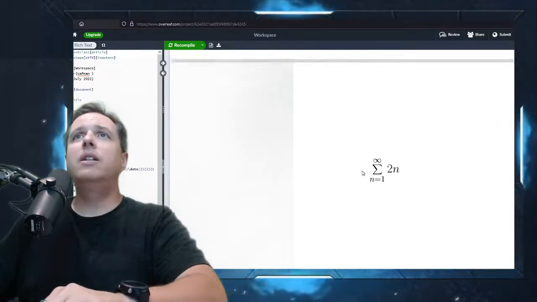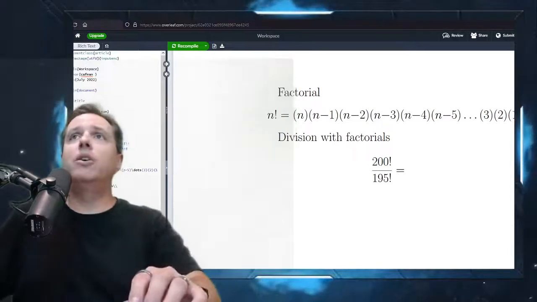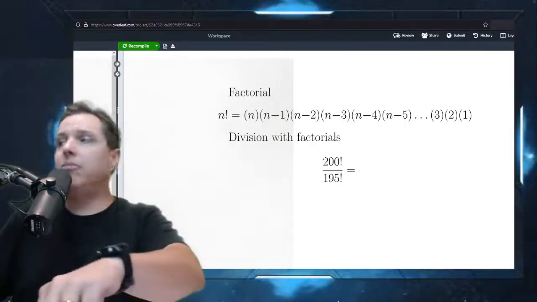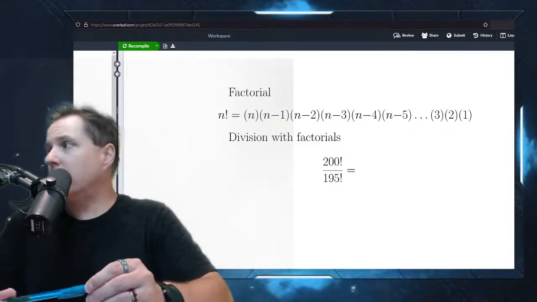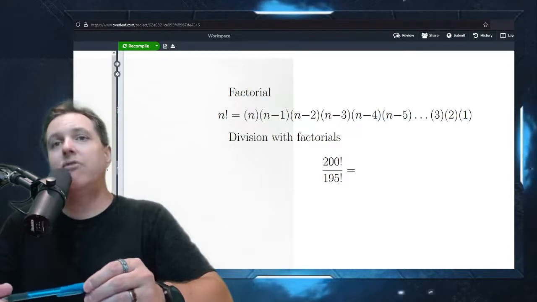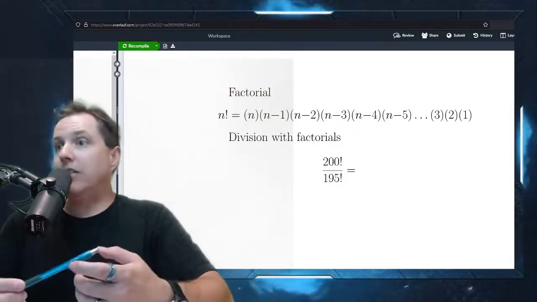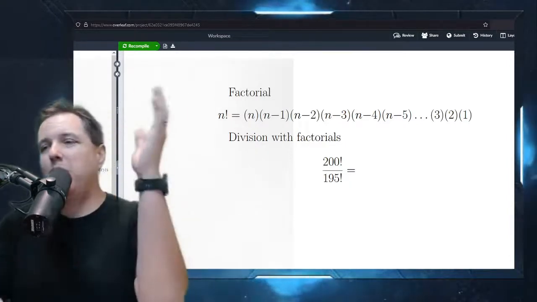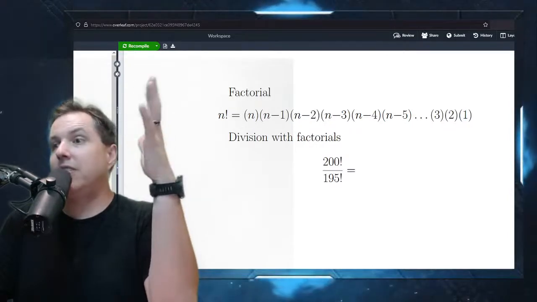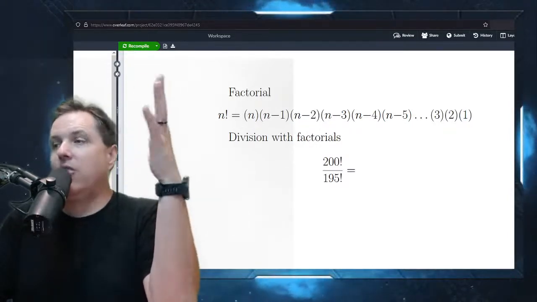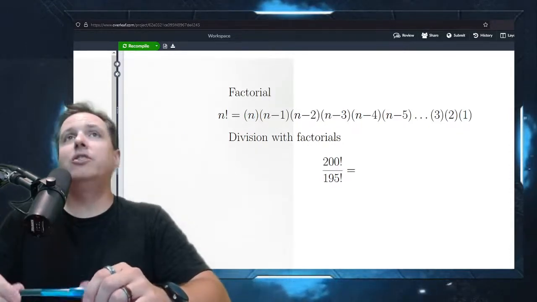Let's talk about the factorial before we talk about sigma. So the factorial, some of you are familiar with it. Some of you may not have seen it before. It is a mathematical operation indicated by the exclamation mark. In mathematics, you really never see people write things with an exclamation mark for emphasis or excitement, because otherwise they're going to think it's the factorial. In mathematics, it's literally a mathematical operation.